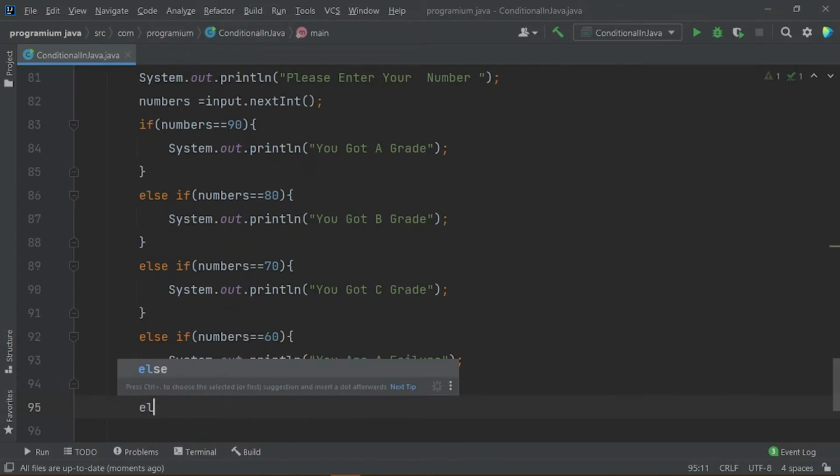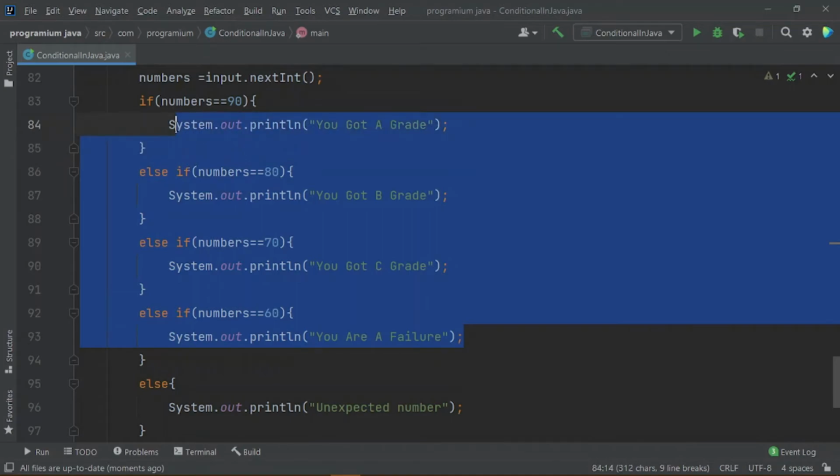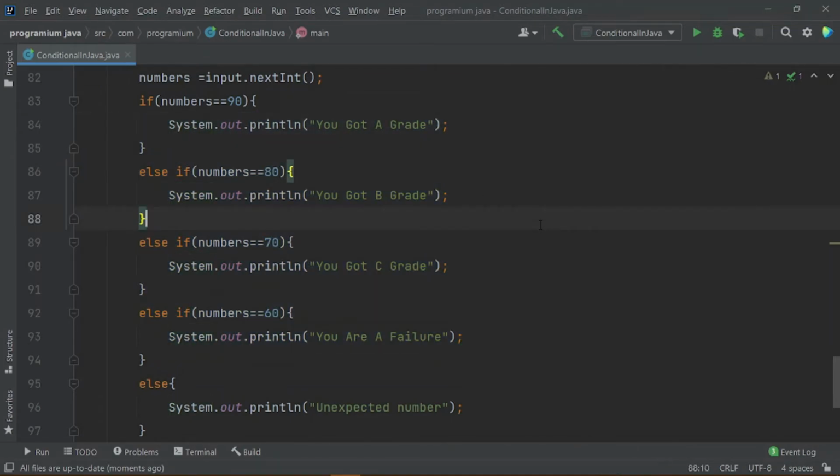So I am using an else here, sorry, that would say unexpected number. So if the user enters 90, 80, 70 or 60, then these conditions would be displayed to that user. But if the user enters another number except these four numbers, that user would see unexpected number.